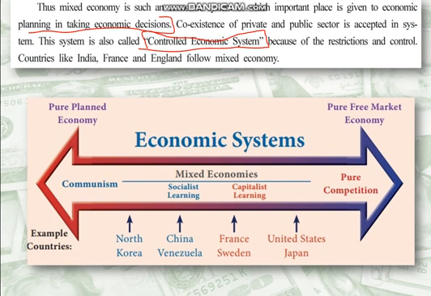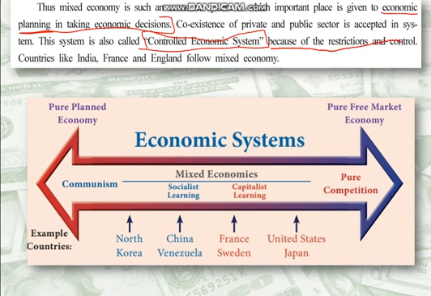This system is called controlled economic system. It can be asked in your examination or any test, which system is called controlled economic system. Then it's the mixed economic system that is called the controlled economy. Why controlled economy? Because all the decisions are taken after economic planning and by proper understanding of things at the grass-roots level.